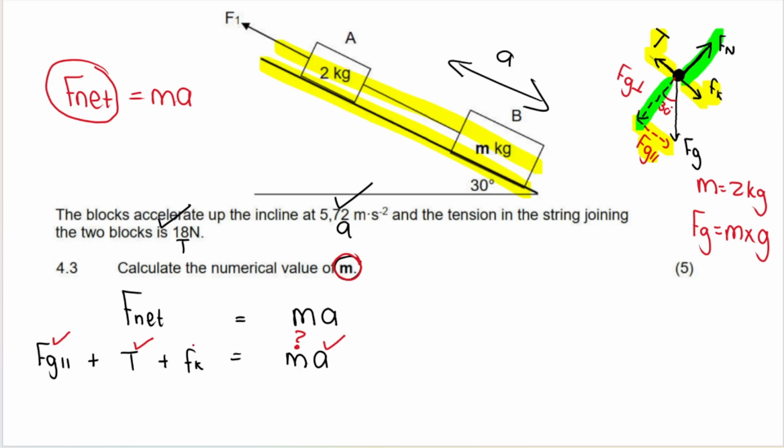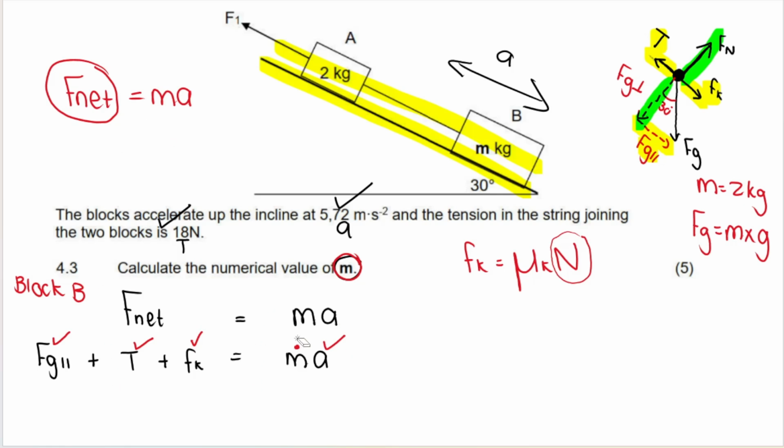So I'll do that in a second. And friction I can also work out. Remember, friction is equal to the coefficient of friction times the normal force. And I can get the normal force. However, there's a little bit more of a complication when getting the normal force, so we'll discuss that now. But what I'm trying to show you initially is that I need to use block B. So I'm going to just write here block B. And I'm using all the forces acting in the parallel direction for block B